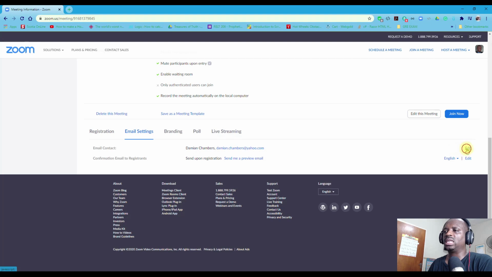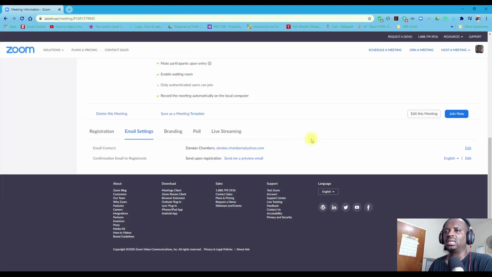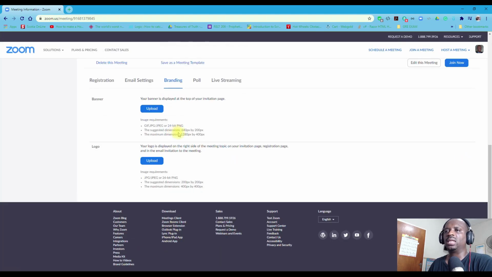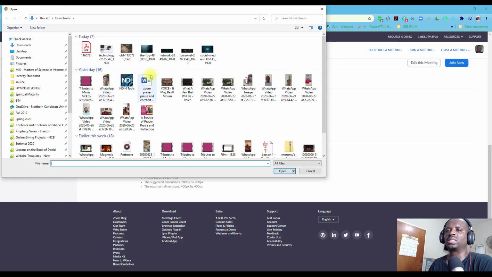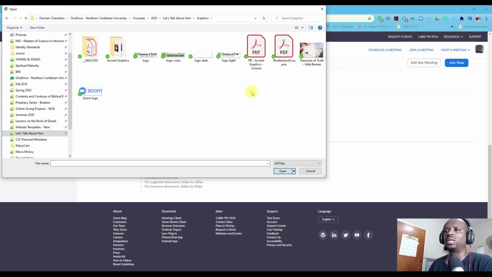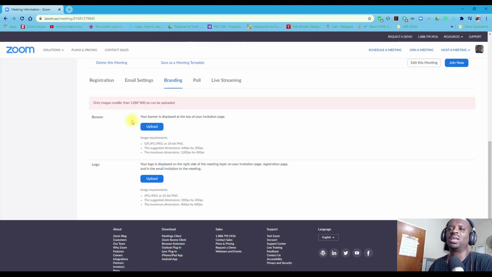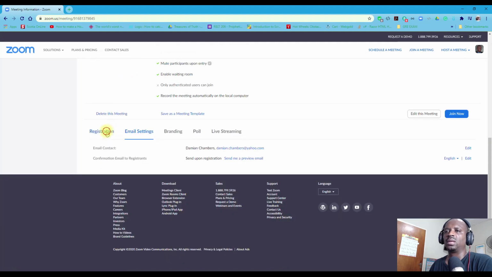And I can decide what email I want to use as the contact that they'll see in the email. I can even set the registration branding. I can decide what logo to put there when the person shows up. Let's say I want this type of graphic to go there. Well, you're telling me that image is smaller than what is required, but the point is that you can set a banner and you can set a logo to brand your meeting. All right,